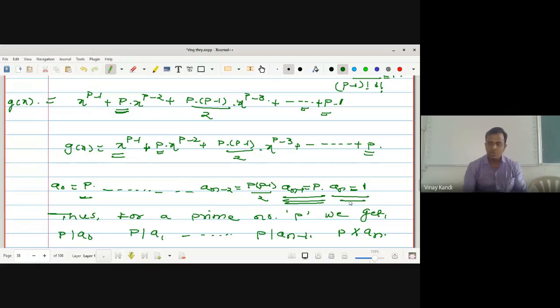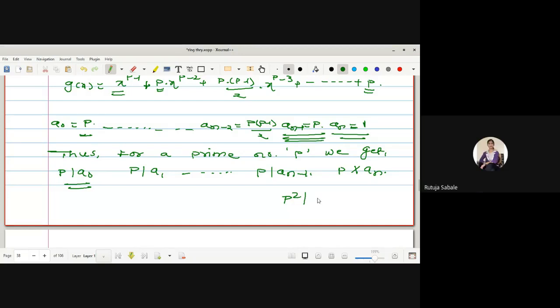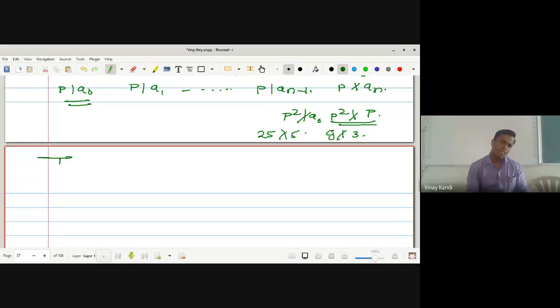Why? Because the value of a_n is 1, and also p squared does not divide a_0. a_0, right? p squared does not divide a_0. Okay. Why? Because p squared does not divide... what is the value of a_0? p. Okay, so 9 does not divide 3. For example, 25 does not divide 5. Okay, hence p squared does not divide p. Okay, thus by Eisenstein criteria,